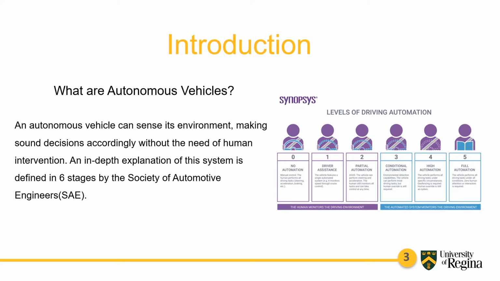Stage 0, as its numbering suggests, has no automation and the driver performs every task. Stage 1, a step ahead of its predecessor, has a single automated system. An example is to have cruise control, lane control, and more. Stage 2. This is what we see in most cars today. The vehicle can partially drive itself. It can perform actions like steering, acceleration, etc. But the driver still monitors everything and can take control anytime.